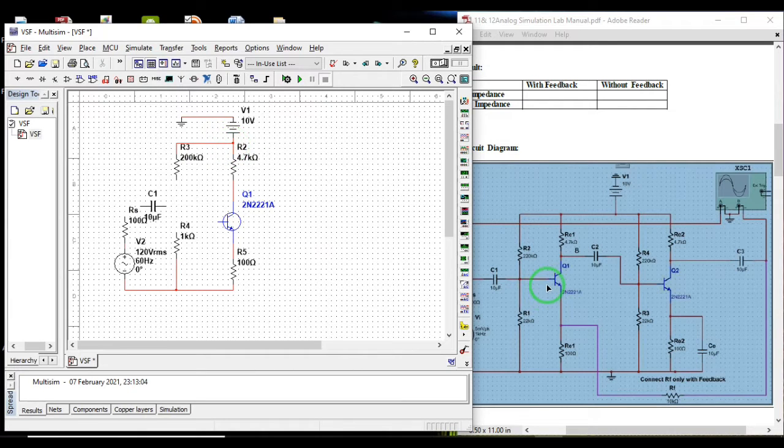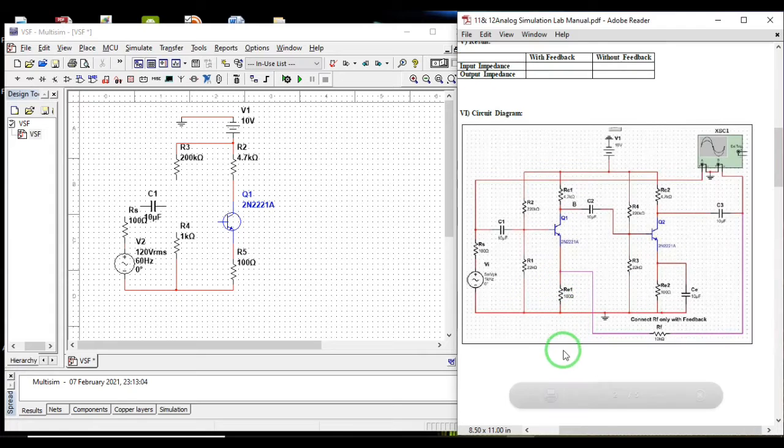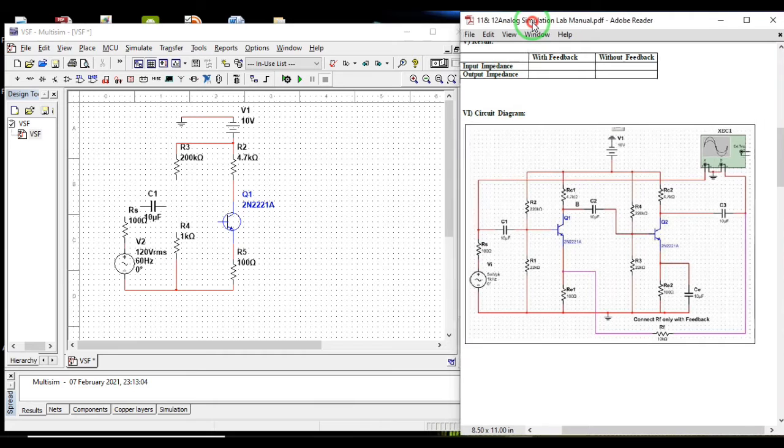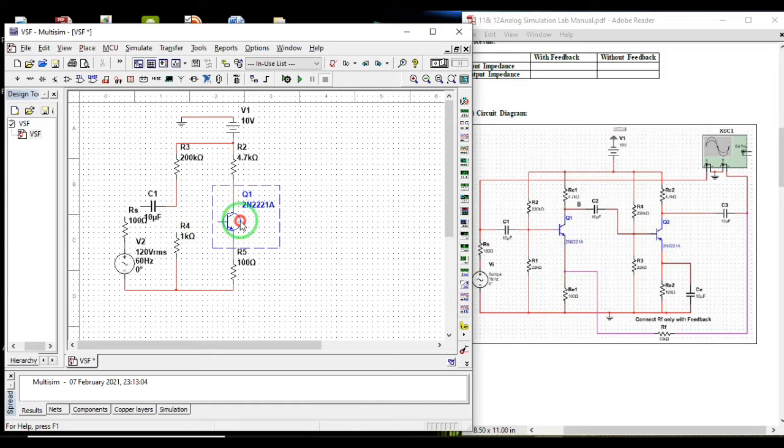Fine. Okay, let me zoom out this, and this value comes here. Let me move this bit upwards. I'm doing the connection. I'll complete it.